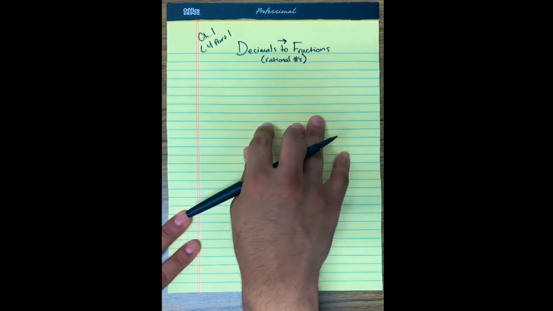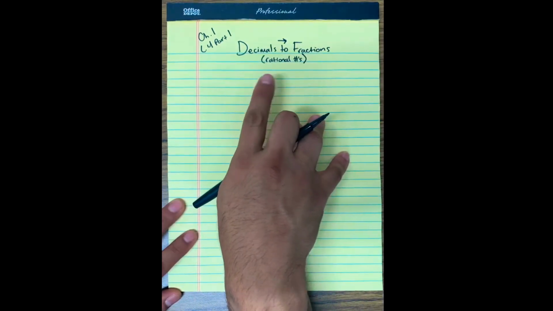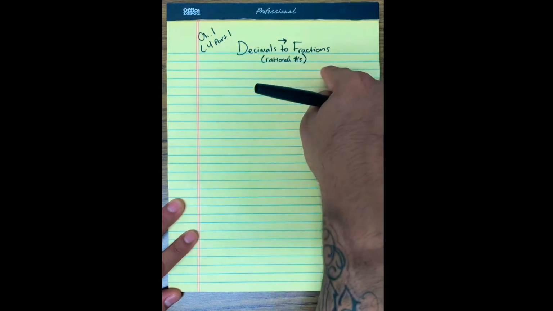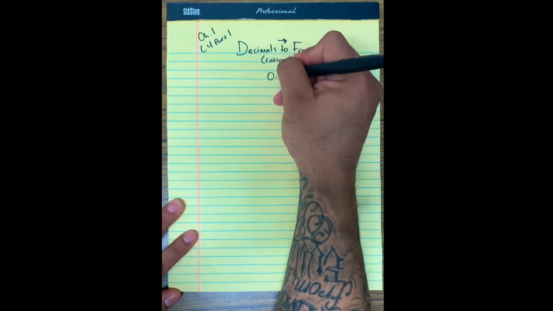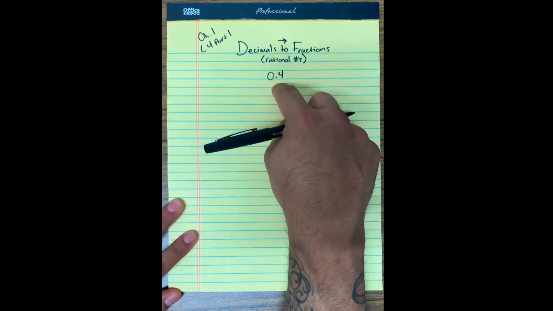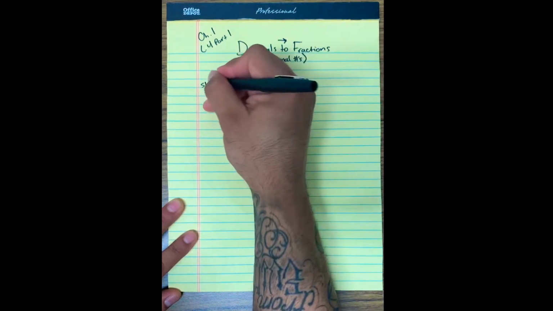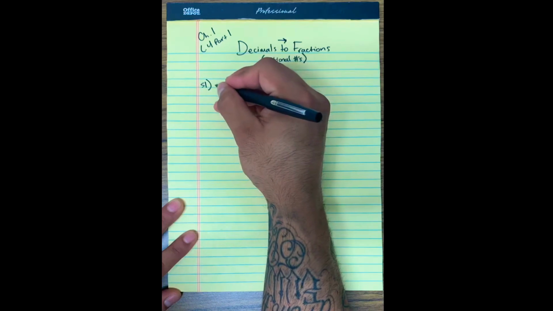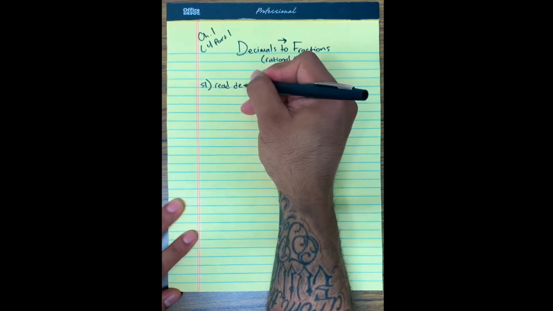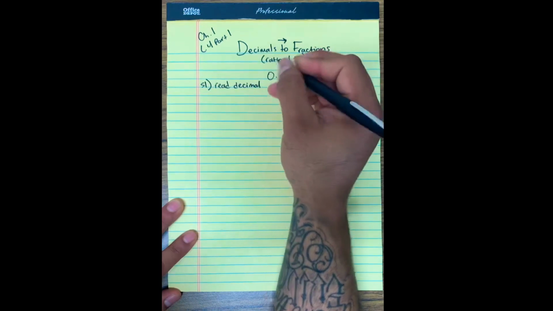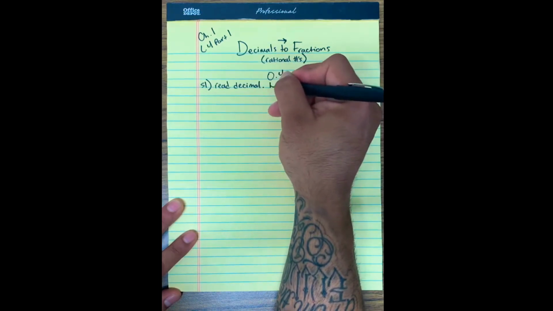And now we're dealing with rational numbers, guys. So far, we've been talking about whole numbers, integers, and now we're talking about rational numbers, which are decimals and fractions. So you got this number right here, 0.4. I'm not saying it correctly, but that's because I want to see if you can say it correctly. All right. So step 1 is